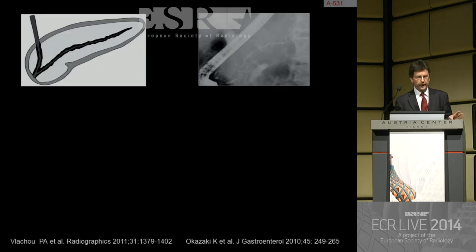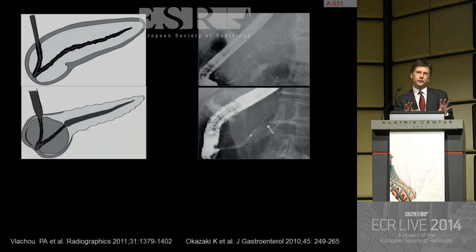So let me illustrate here. If we take a patient with classical AIP, which is involving the whole pancreas, we get involvement of the whole pancreatic duct, which on ERP demonstrates narrowing and irregular narrowing of the whole main pancreatic duct, and that will be diagnostic of AIP. However, if we have more focal pancreatitis involving the head or other parts of the pancreas, we're